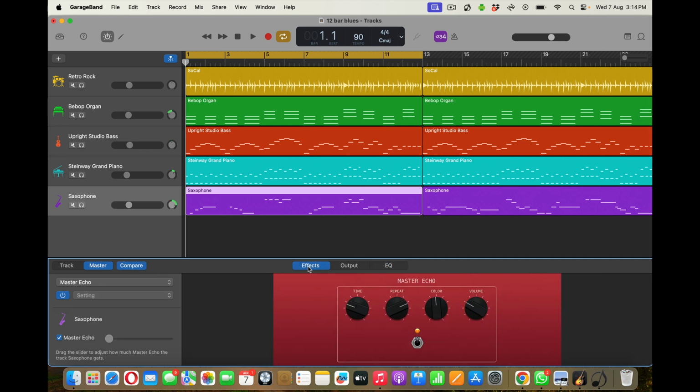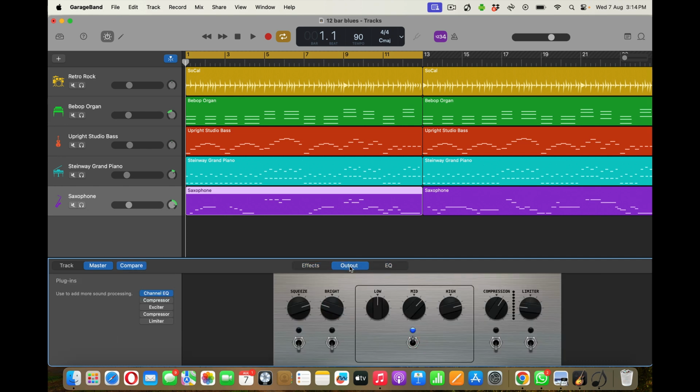Then we want to hit up our output, so we've got our channel EQ on, and we're just going to add some compression. The compression simply makes your song, it lifts up the low volume, pushes down the high volume, puts them closer together, compresses them together, and it just means our song can be louder. So if we listen to it without the compressor on,